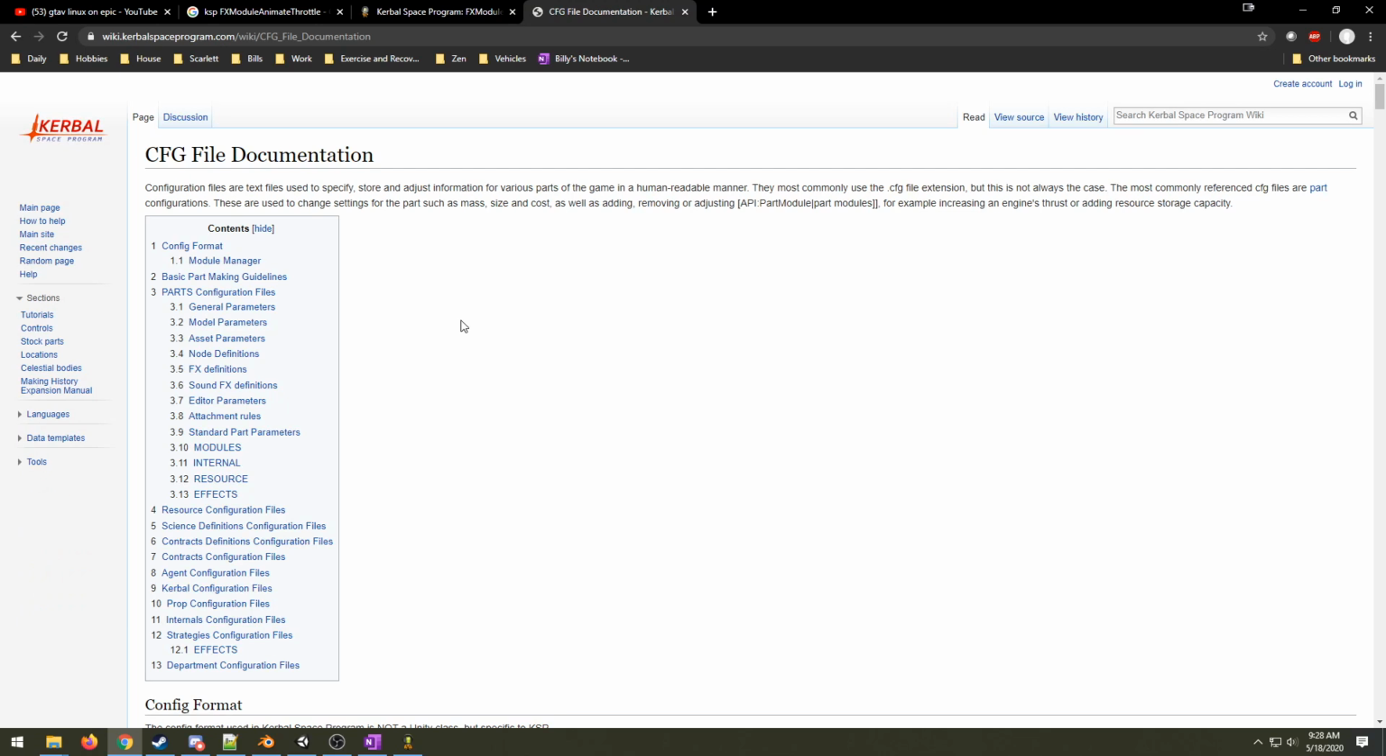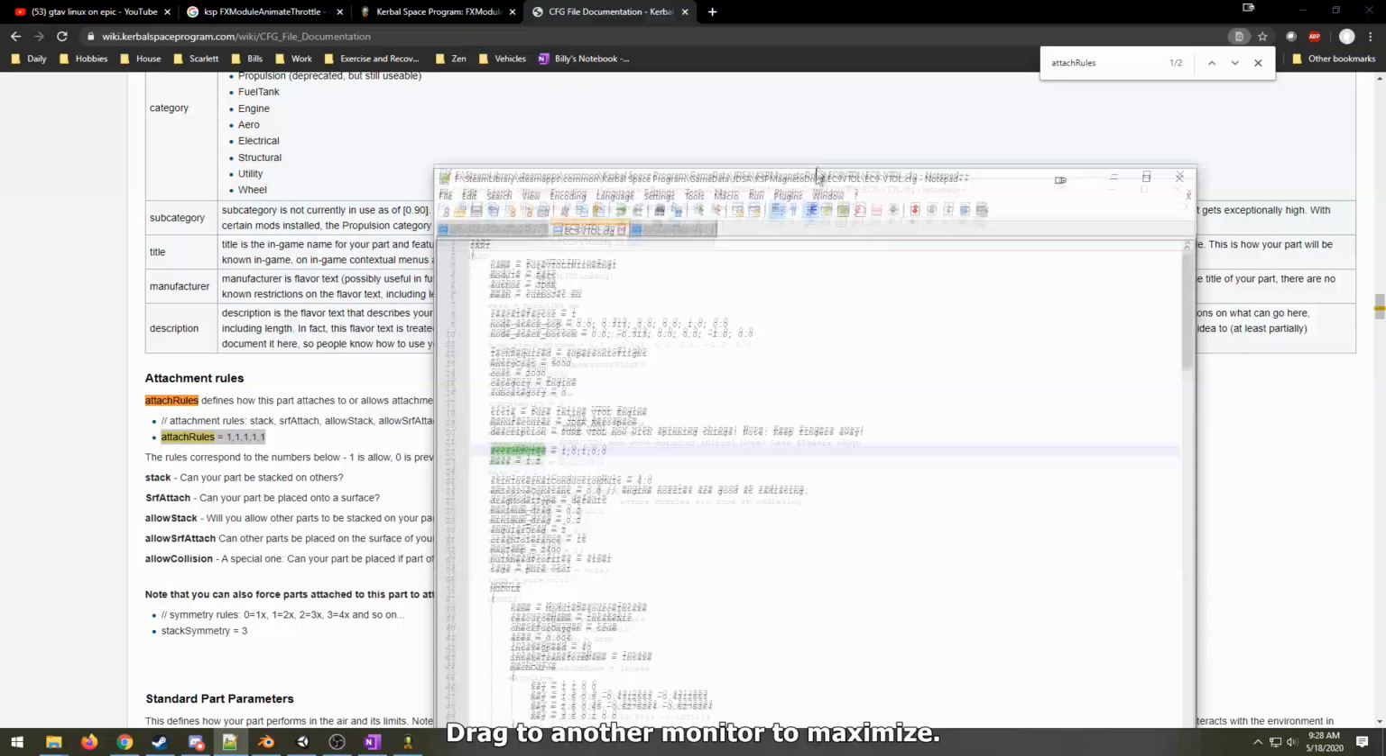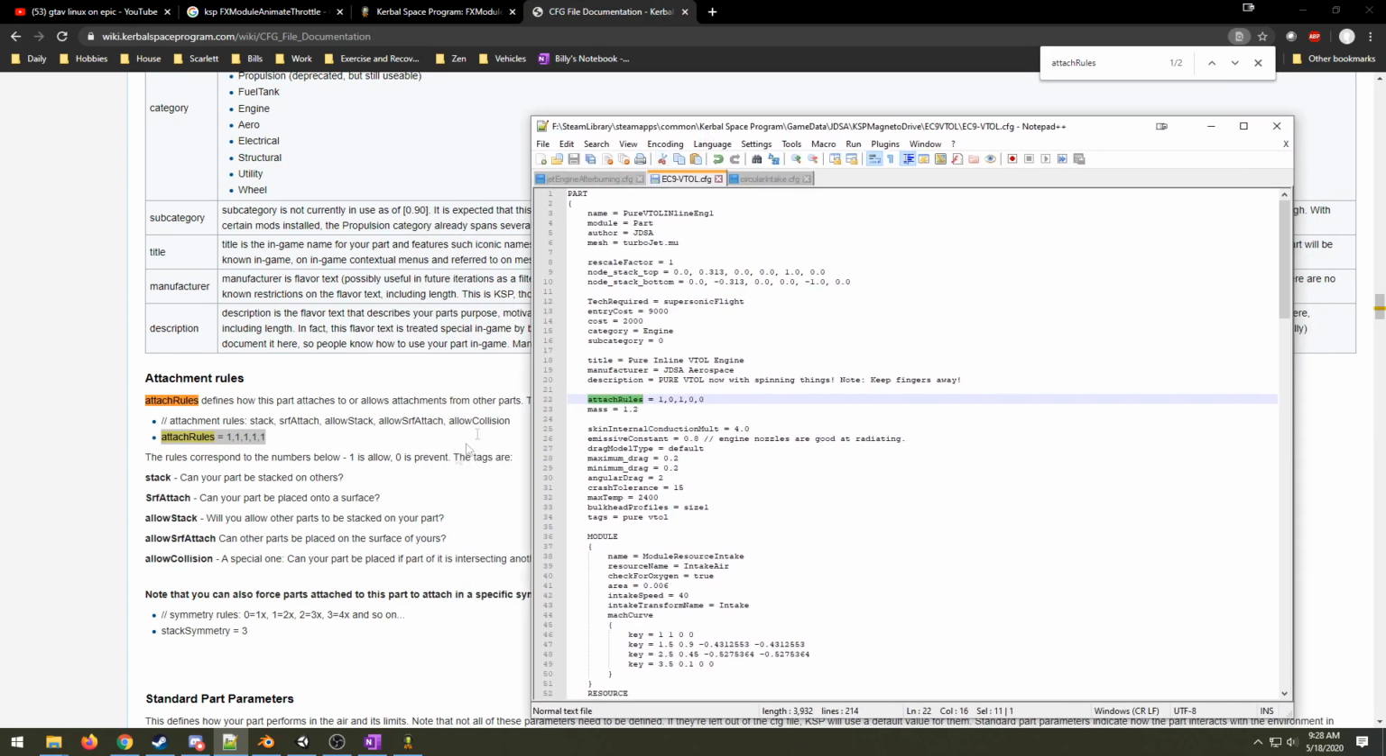So if you're ever wondering how to do this, you can always go to the wiki for Kerbal Space Program, to the CFG file documentation, and here you can search for things like attach rules, and it's going to tell you exactly how to do what. So in this instance, we have for our part 101. So that means stack and allow stack. Does not allow for surface attach, which is fine. Allow for surface attach is currently set to no. So we need to set this to 1,